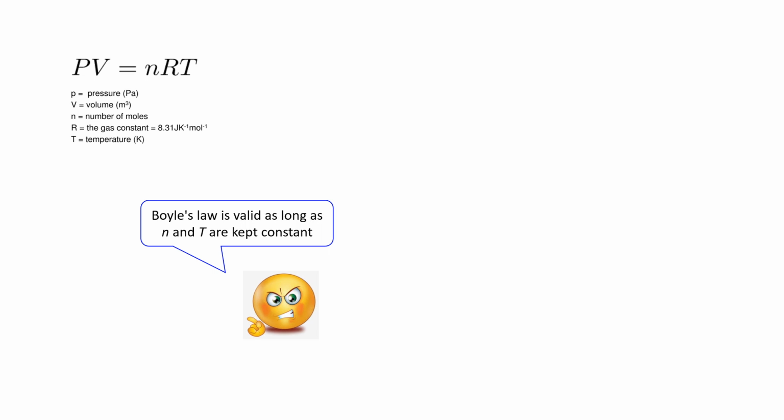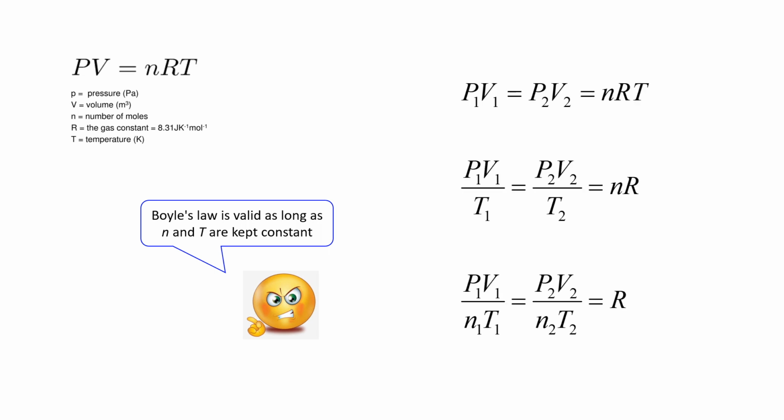So that was the hole in my question, where I didn't keep the number of moles of gas constant as I was blowing and inflating the balloon, and I was increasing the molecules or number of moles in the gas. If n is changing, then Boyle's law is no longer valid. Look at this equation on the right hand side: P1 V1 equals P2 V2, and that is equal to nRT, and if n is going to change, then this equation is no longer valid.